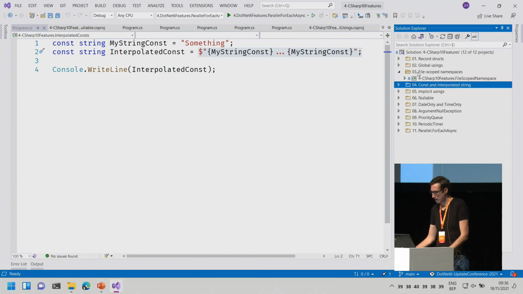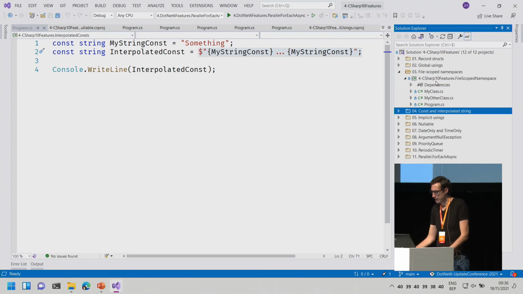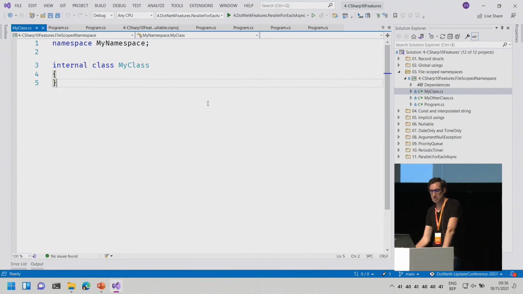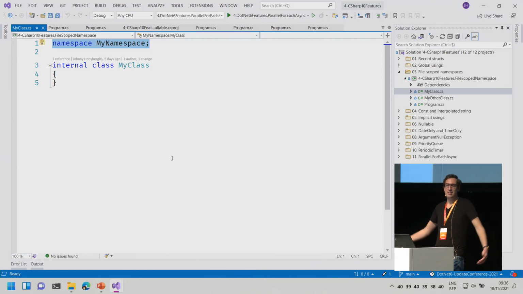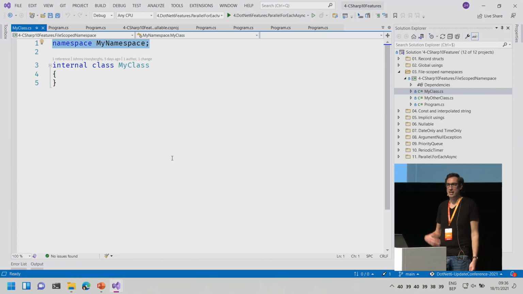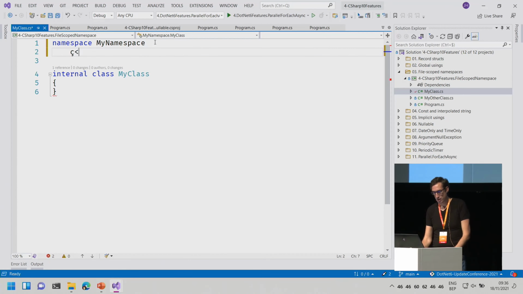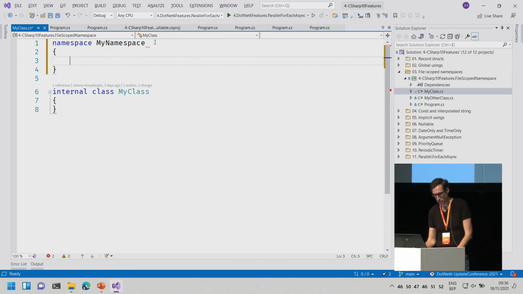Finally. Some other C# feature is file-scoped namespaces. I didn't really know that I needed this, but actually I'm very happy that it's here now. I didn't know that you could have multiple namespaces in the same file, which is of course logical, but I never used that. For me, one C# file was always one namespace. But if you only need one namespace in a single file, you don't need the curly braces.